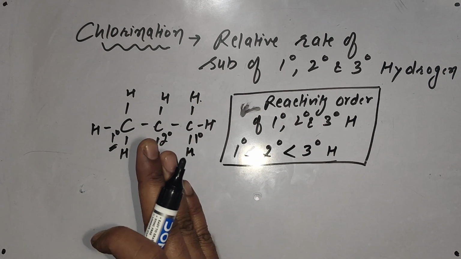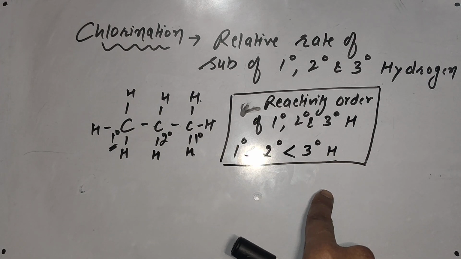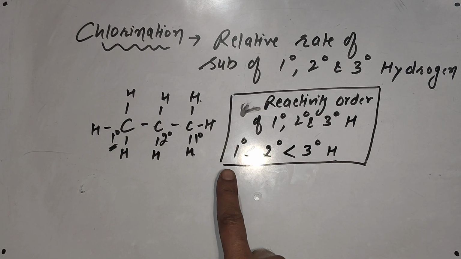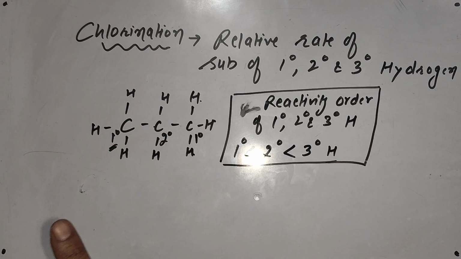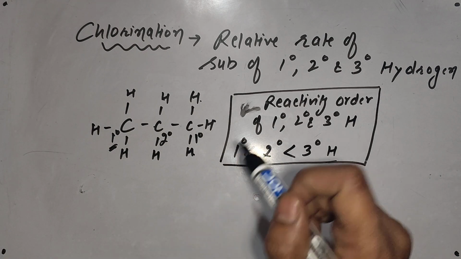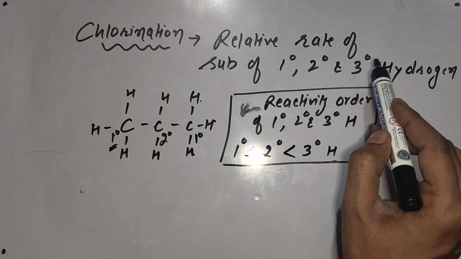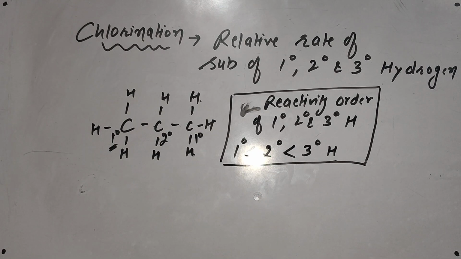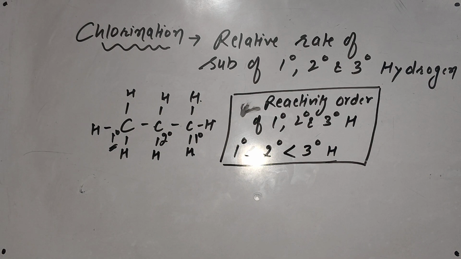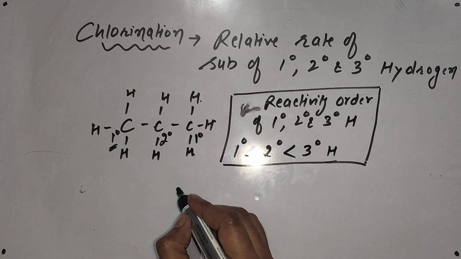The reason is the free radical mechanism. After 3 degree hydrogen substitution, we will get a 3 degree free radical carbon, which is the most stable carbon. And if we are substituting 1 degree hydrogen, we are getting a 1 degree free radical carbon, which is the least stable carbon. So that's why we have this topic, relative rate of substitution of 1 degree, 2 degree and 3 degree hydrogen. 3 degree hydrogens are substituted fastest by given halogens and 1 degree hydrogens will be least substituted by the given halogen. So the relative rate you have to learn,